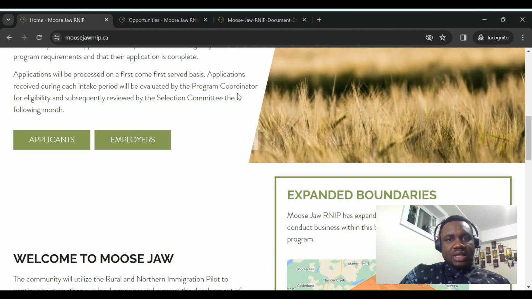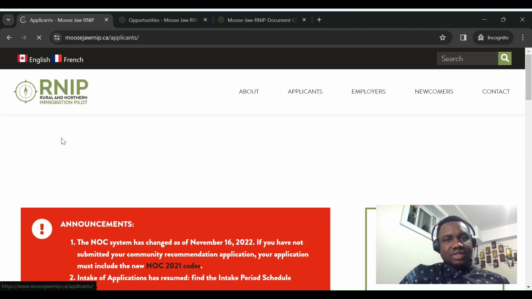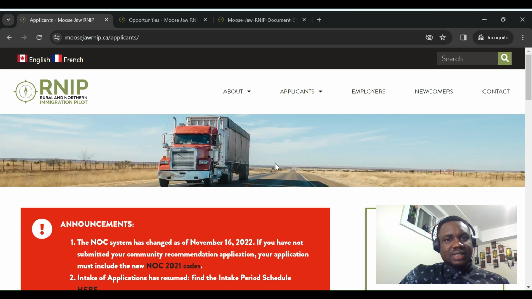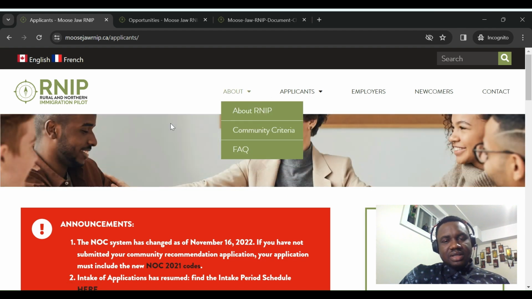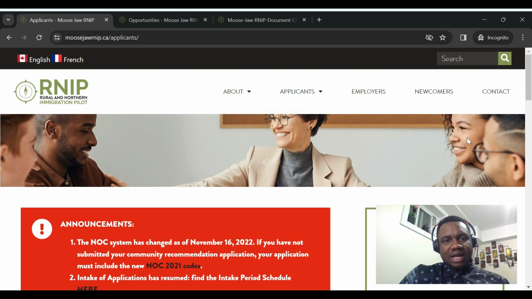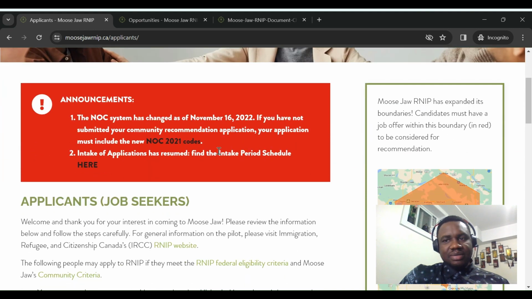Okay, now for those who might desire to apply, you go to this tab where you see applicants. This one called employers is for employers looking for people to employ. So as an applicant, you simply click on applicants. Okay, so it's going to bring you to this page where you have the same tabs as about, applicants, employers,